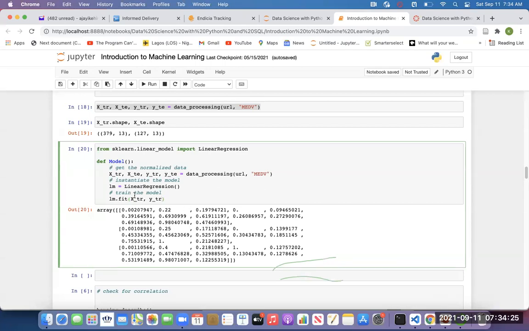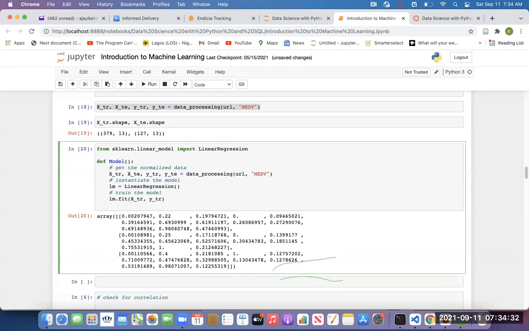Yeah. So we train the model. That's all. To check the performance of the model, we can check the performance on the training set and on the test set. If we want to check the performance on the training set, there are two ways. I can decide to put it in a variable and then return it, or I can decide to just print it out to the screen so that I don't need to return it. So I can do print.